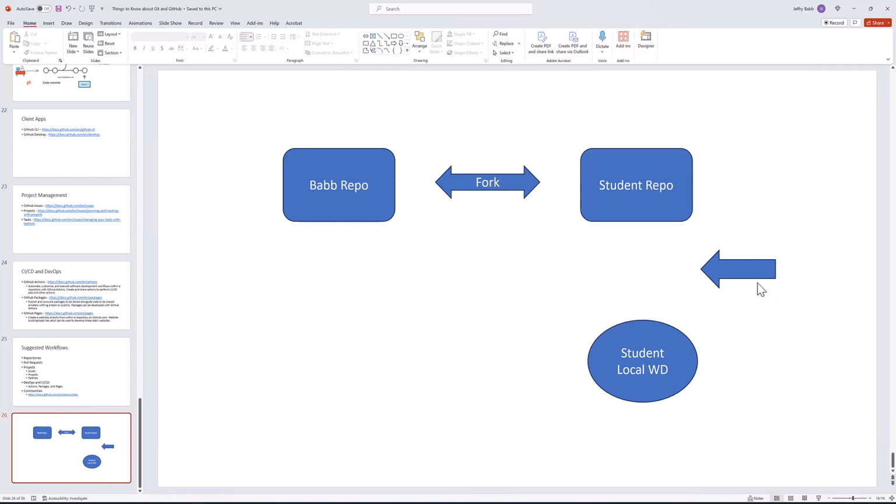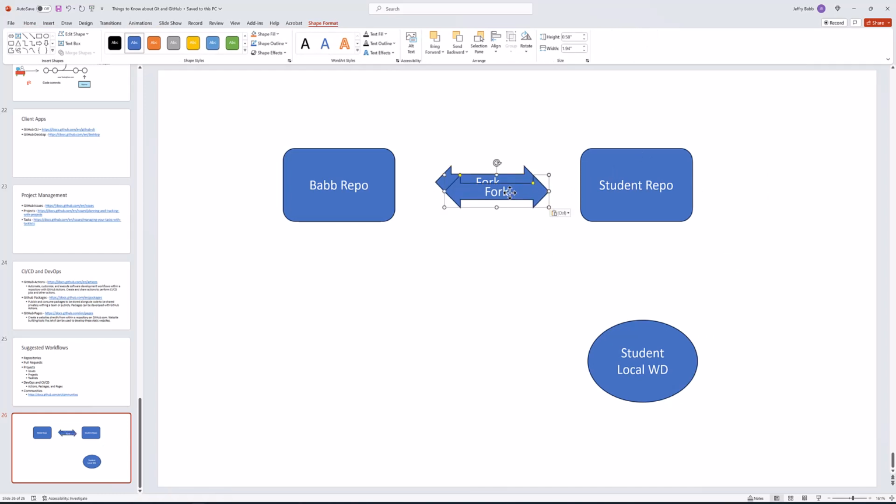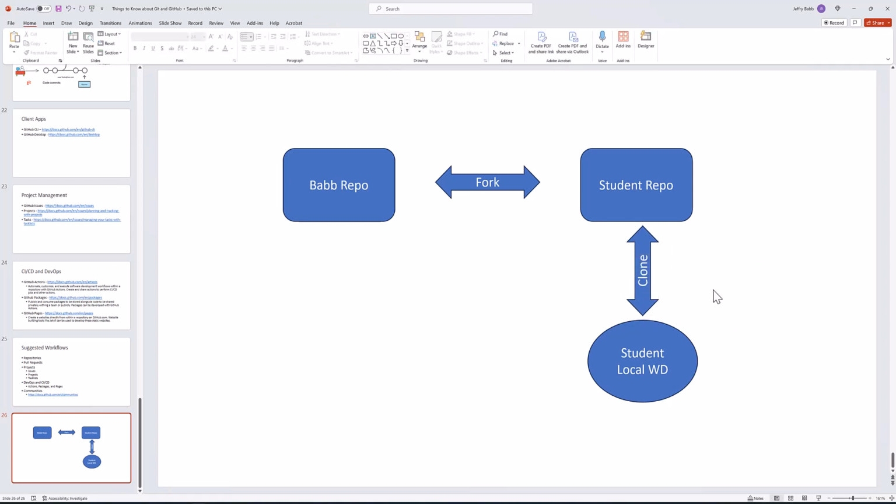Then what you do, and this should be double-ended as well, to be honest, from your GitHub, so this has been forked over to yours, you're going to clone. And so you have that clone relationship so that with your local machine working directory, you go back and forth, back and forth. And then from the fork, you can do, and this is unidirectional,